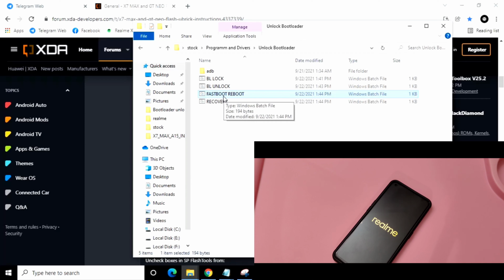It will take some time, friends, so no need to worry about that. It will take around 10 to 15 minutes to restart into system mode.